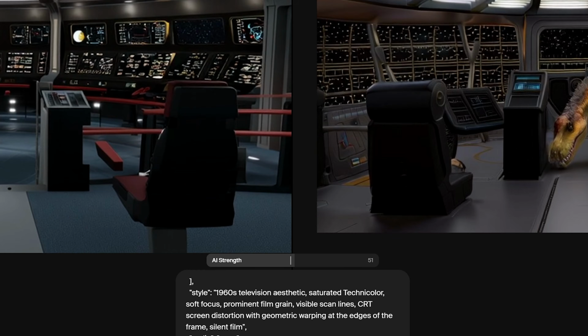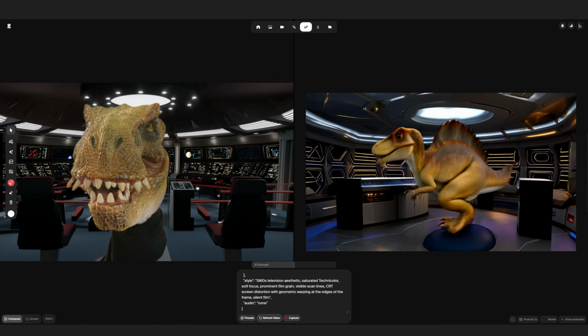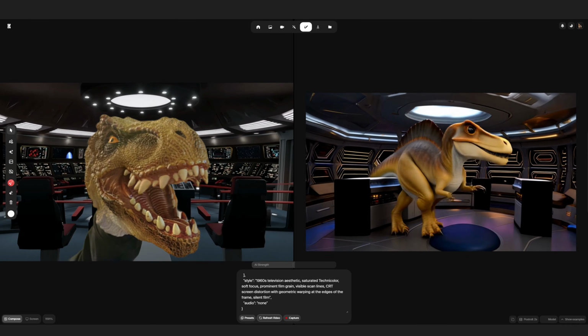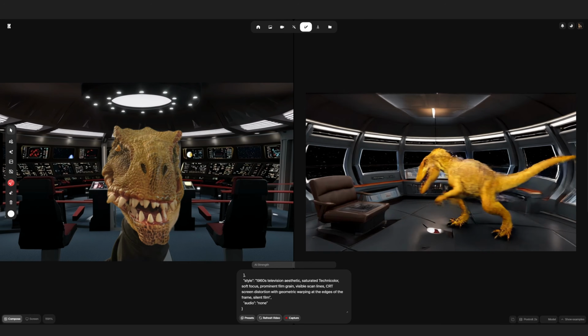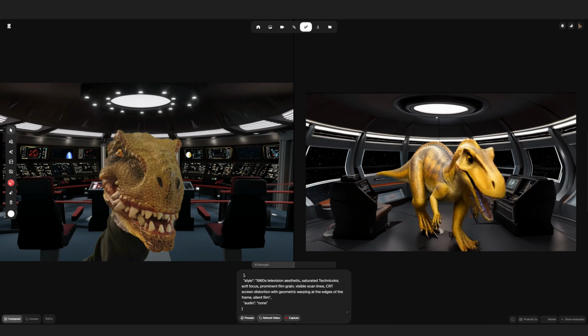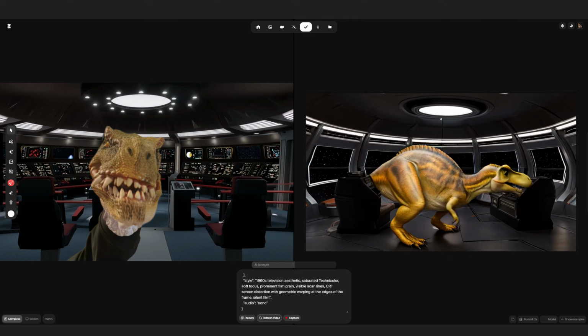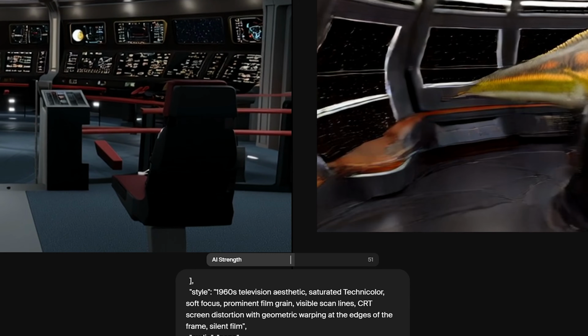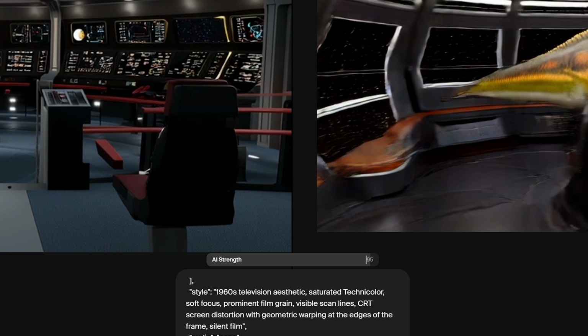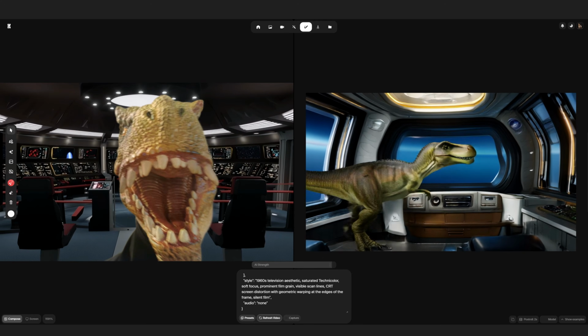I'll start at 50-ish. And that still doesn't seem to be doing it. I'm also quickly losing control over the output, very rapidly. Most of my movement input is just making the output chase its own tail, and it doesn't look any more like old television footage either. I'll try and raise the AI strength even more, to 95, just to see if it does anything. And that didn't really work either.